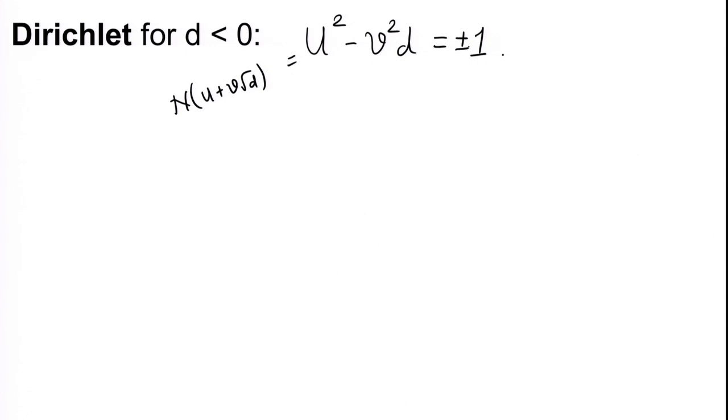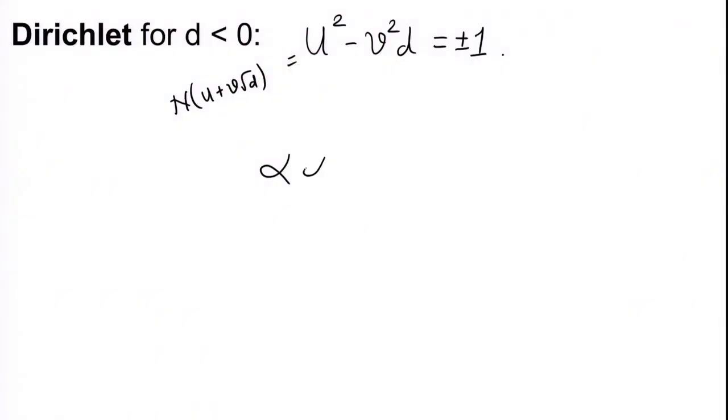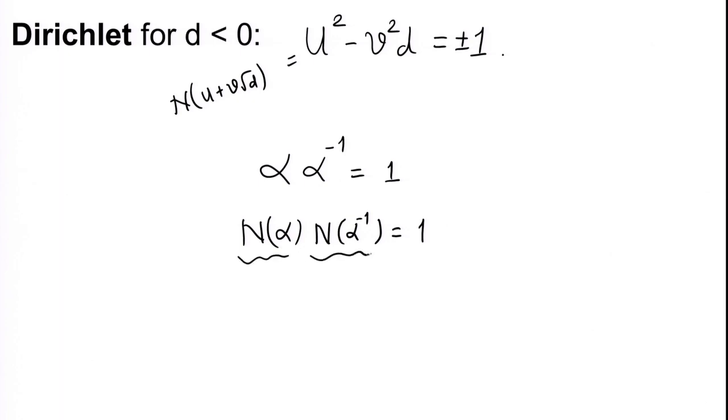We have noticed that when u is a unit, its norm is a unit in Z, because if alpha is a unit, then there is an alpha inverse also in O_K, such that this product will give us 1, and therefore norm alpha into norm alpha inverse will give you norm 1, which is simply 1, and these are both integers. So, you have a product of two integers equal to 1, then both the integers will have to be either plus 1 or both will have to be minus 1.